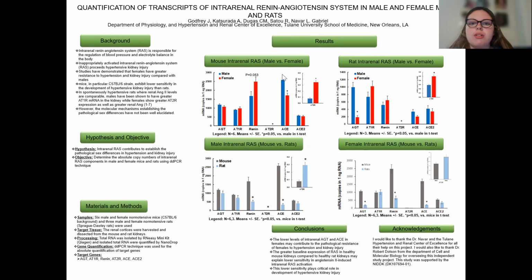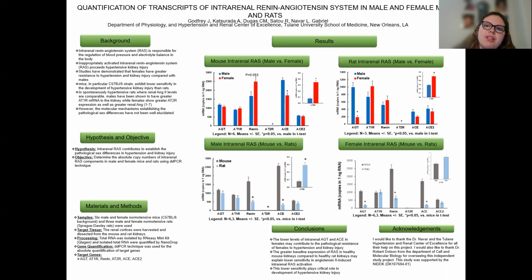So here are the results for the experiment. When looking at these graphs, an asterisk above a bar indicates that the difference between the comparisons was statistically significant, and the y-axis in this data signifies the concentration of copy numbers in 1 nanogram of RNA. So for instance, with the male-female comparison of our mouse samples, there was a statistically significant difference in the AT2R and ACE. And in AT2R, females were increased, while in ACE, females were statistically significantly decreased compared to their male